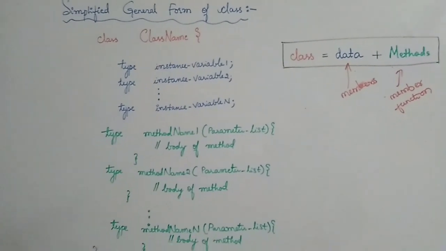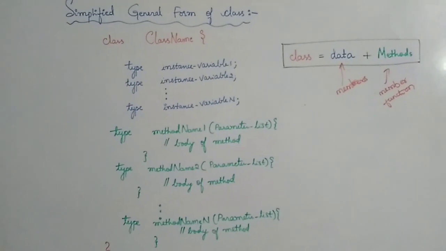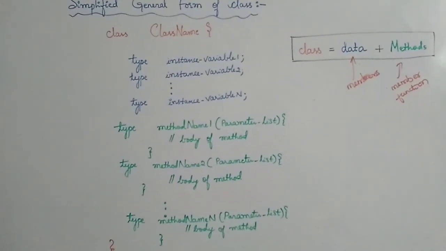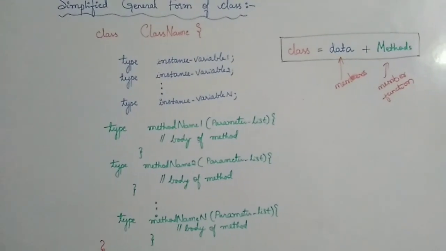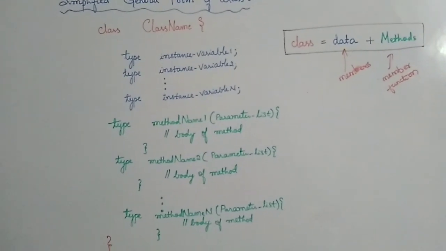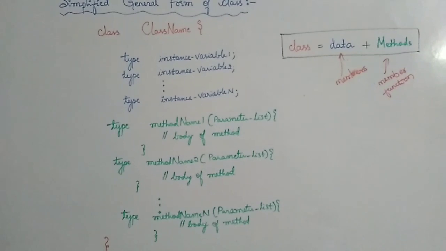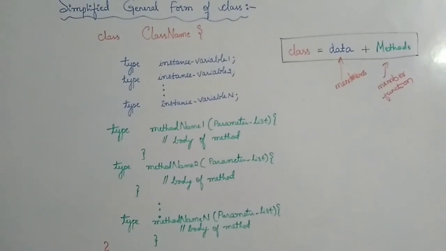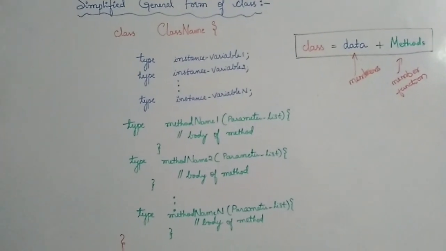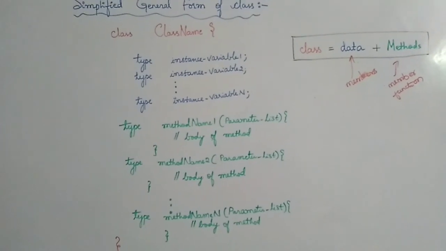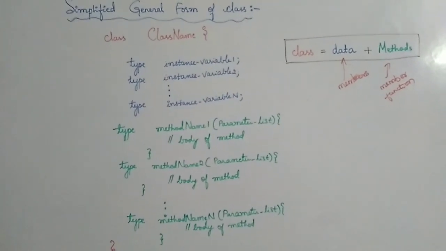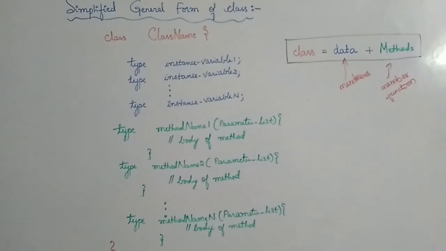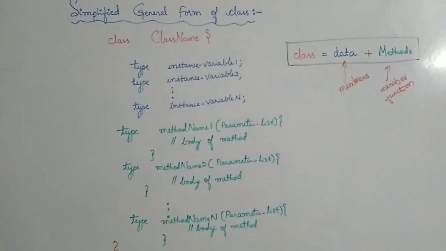But the real world class will contain both the data and the methods. So any program that you write in Java should be encapsulated in a class. Anything that you write, this is the logical structure. From this only we'll be creating objects. So the first thing that you need to do is take a real world entity and then make it into a class. And from the class you will be creating objects.